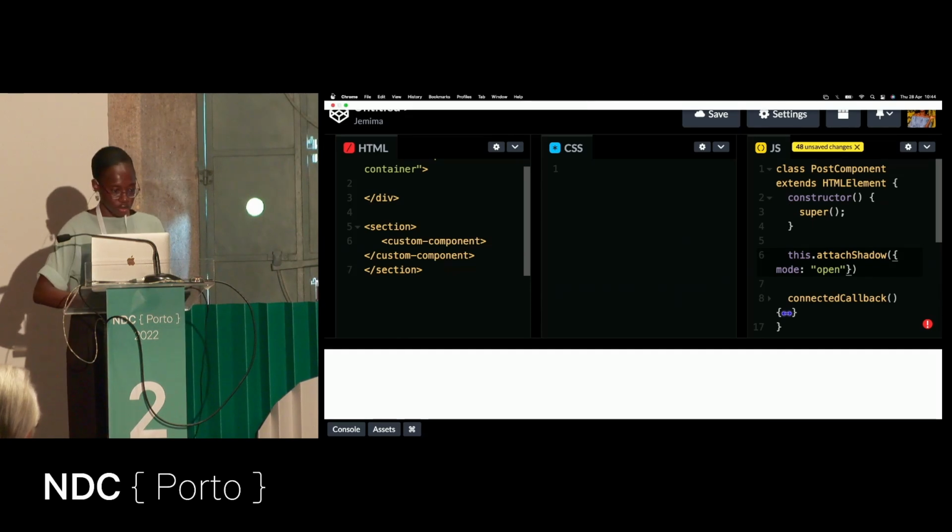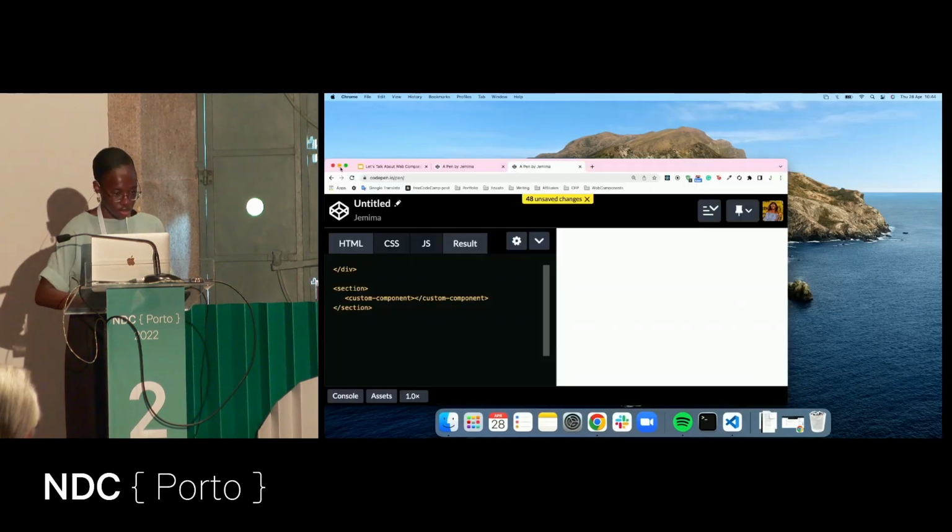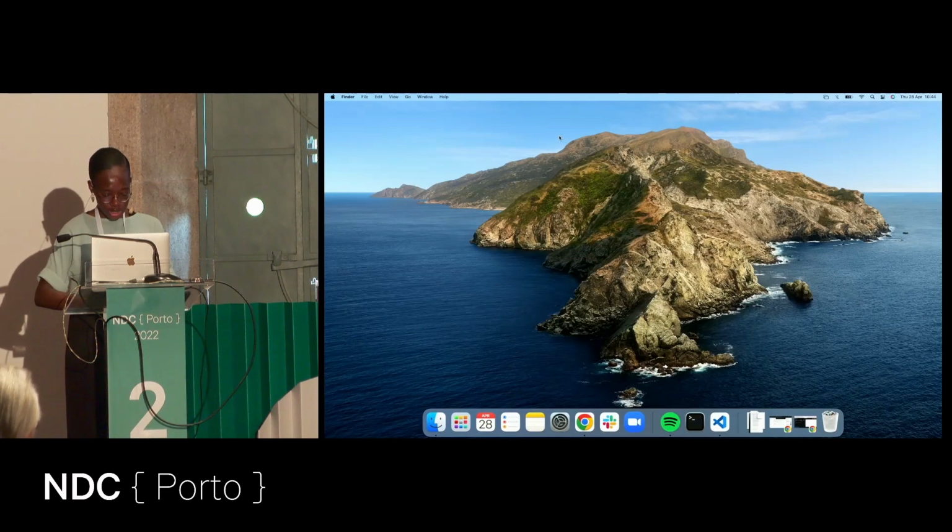I think I can do a quick little demo and show what I mean, but I'll have to do that in Visual Studio Code. Just so we can see it on the,